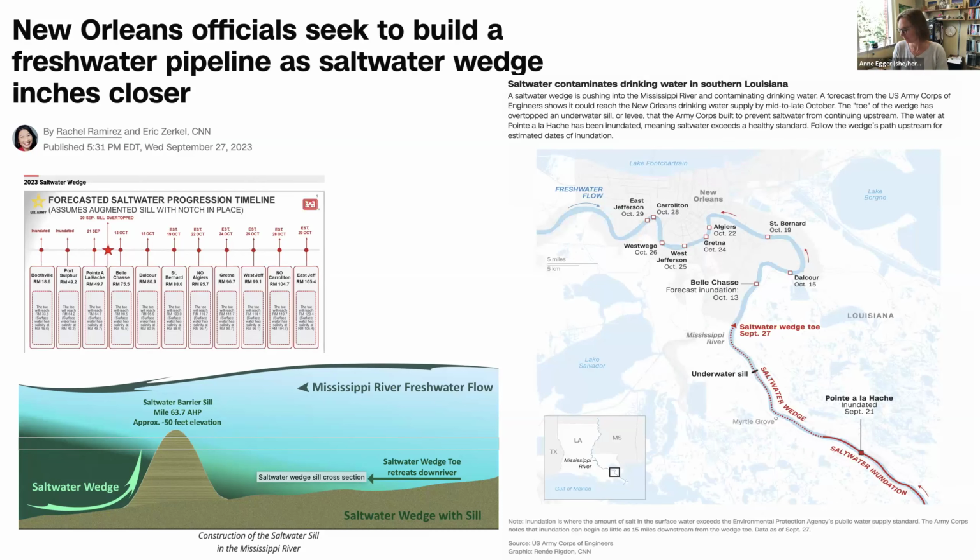So this is from the news and from the articles from the Army Corps of Engineers, and this was coming up that people of this area of New Orleans and environs were wanting there to be piped in fresh water because the saltwater intrusion was going on as the saltwater wedge was moving up the Mississippi and encroaching on their freshwater aquifer. This is not something I would normally talk about in a class for future teachers,